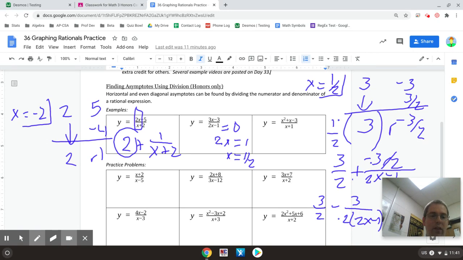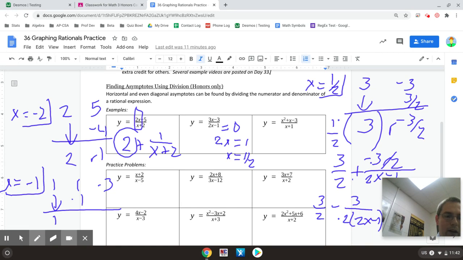We're going to try the last one, and this is where this is most useful. And this one does not have a horizontal asymptote, but it actually has a diagonal asymptote. And the only way you're going to be able to figure that out is by division. So I can take x equals negative 1 and divide it into 1x squared, 1x, and my negative 3 for my constant. I'm going to bring down my first one as a 1. I'm going to multiply negative 1, add 0, multiply 0, add negative 3. That means my remainder is negative 3, so I have 1x plus 0, and then that is a negative 3